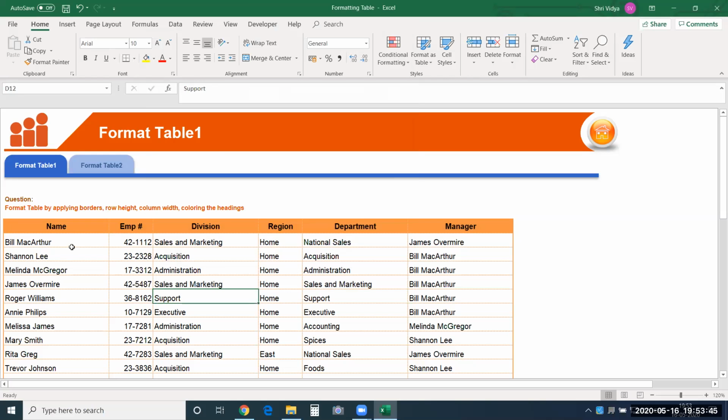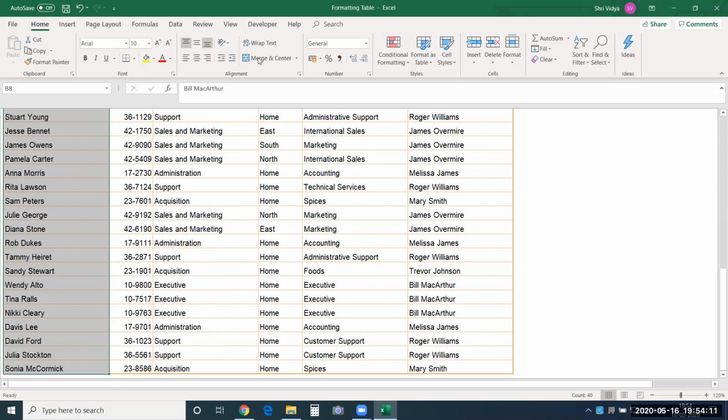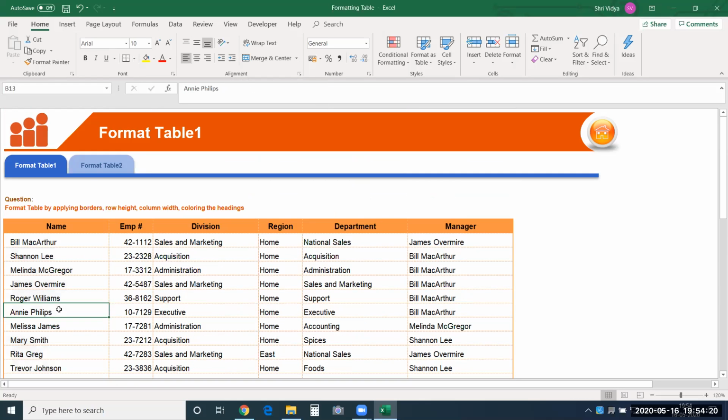The next thing that I want to do is align the data that is present in the columns. The data looks pretty good, but we still have scope to improve it. You can see the data in the name column is very close to the border. I want to have a little space away from the border. You don't have to type spaces here. Just select the column. You have something known as increase indent. Just click on that. It will give you a small amount of space just to make it look neat.